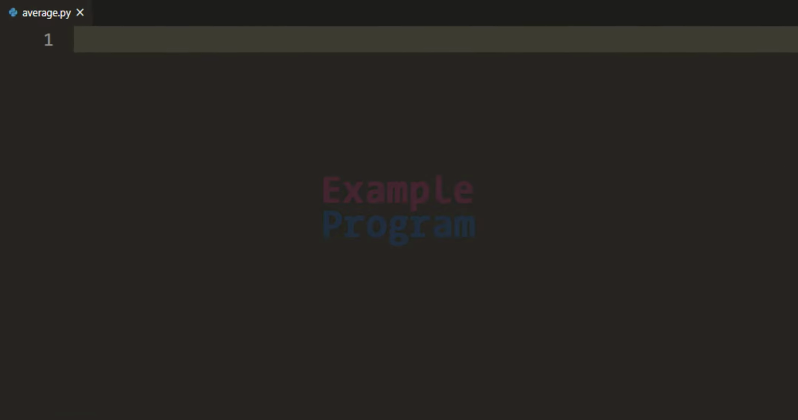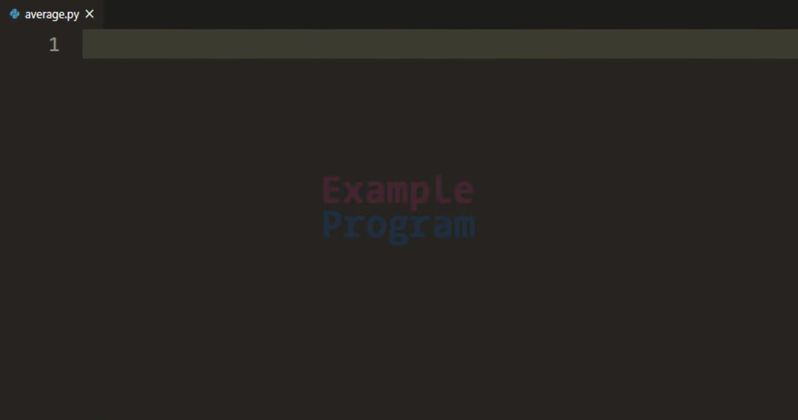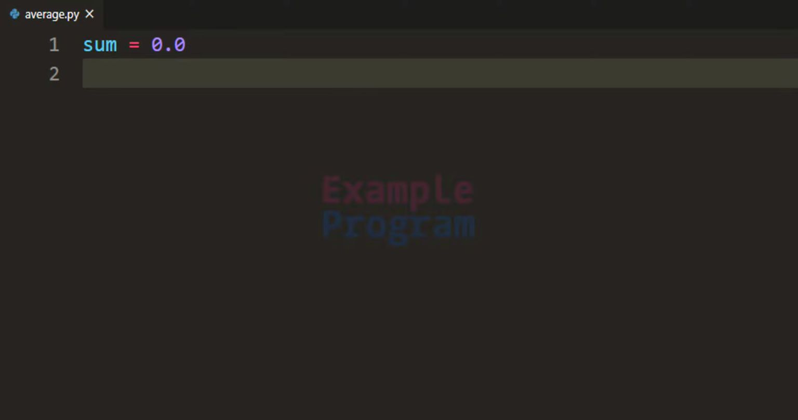So here first we will declare the variables that we're gonna need. The first variable that we need is for storing the sum value that we are going to calculate. I'm going to call this variable sum and I will initialize this with a value of 0.0. Now we need another variable for storing how many numbers the user has entered. We need this value because we want to calculate the average in the end. So I'm going to call this variable num count and I'm going to initialize this variable with a value